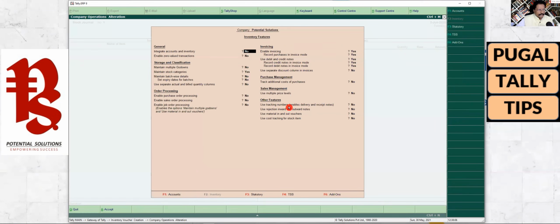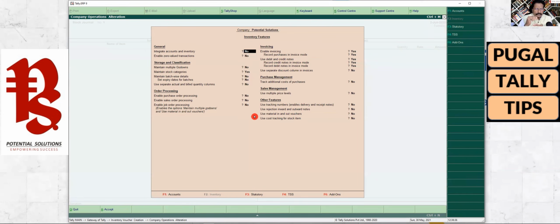use tracking number, which is very clearly telling you that for you to enable delivery note and receipt note, you have to enable this option. Similarly, there is again an option which asks whether you want to enable the voucher types of rejection in, rejection out. You have to come here and enable this, and also material in and material out.